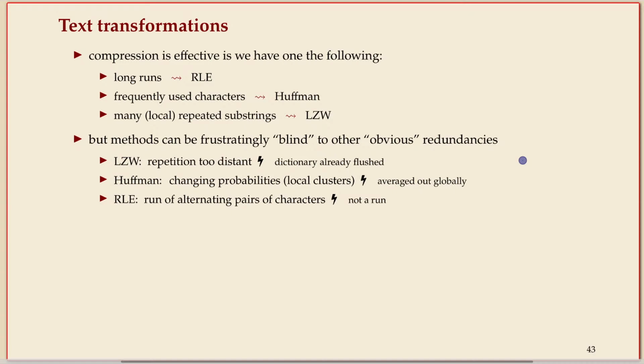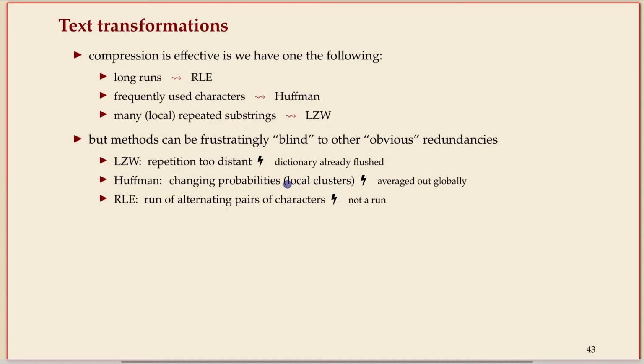If you apply these to all sorts of data that arises in application, it's sometimes super frustrating to see how blind they are to obvious redundancy, but obvious to you as a human. Some examples: if the repetitions are too far away, Lempel-Ziv has flushed the dictionary and forgotten everything,